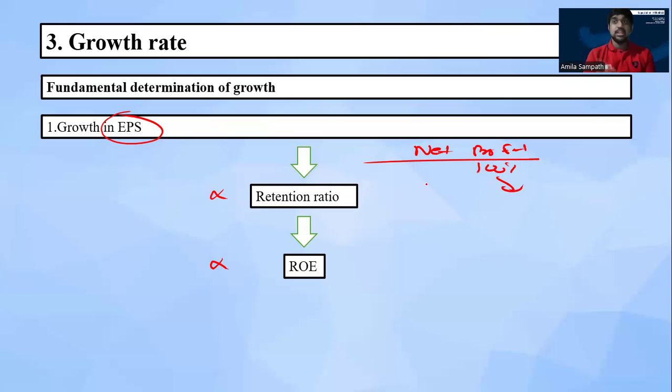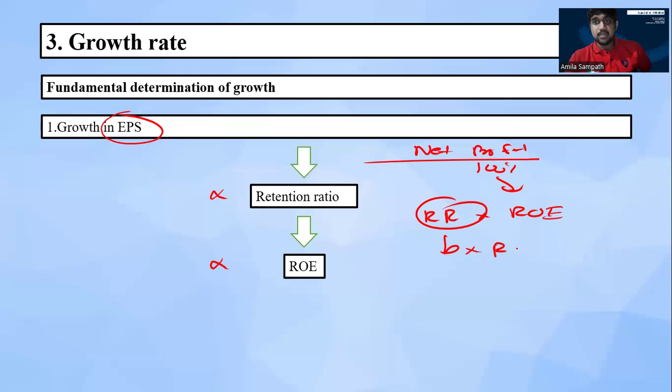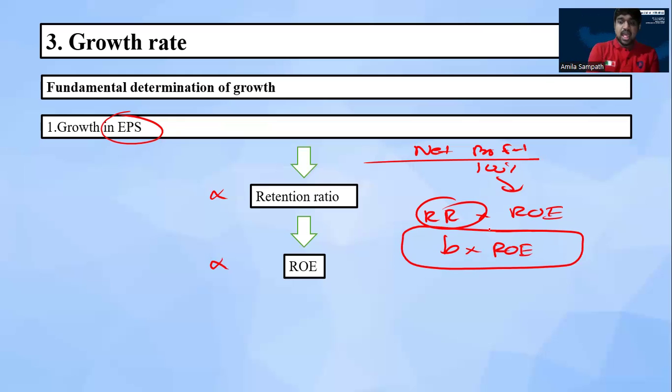Another thing is the ROE, return on equity. Simply, growth in earning per share we can calculate as the retention ratio multiplied by the ROE. Normally, we use b as the retention ratio. So b multiplied by ROE gives the growth in earning per share. Simply, we can get the growth in earning per share this way rather than using the historical trend, because for earning per share it is not practical to use the historical trend. Therefore, based on the retention ratio and ROE, we can predict our growth in earning per share. And also,